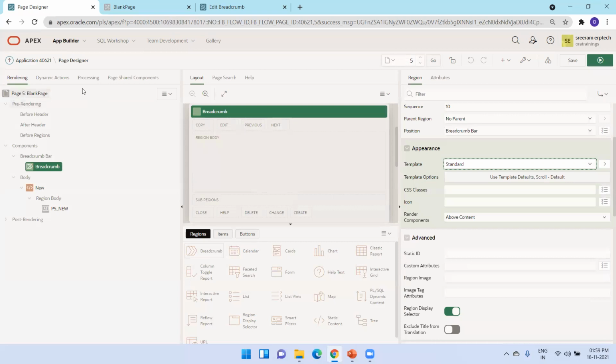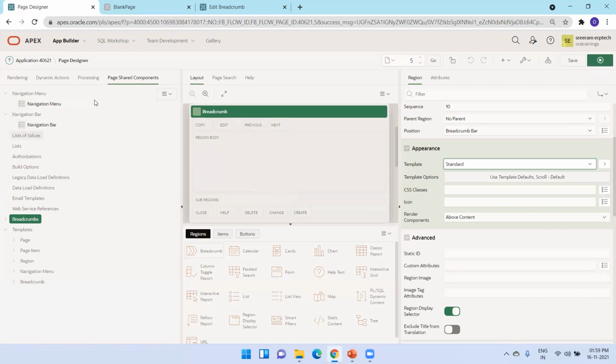What is the other way? Let us say you don't have any breadcrumb entry, or you want to create your own breadcrumb entry. Then you create a new breadcrumb component, and under that you can mention a list of links, whichever you want.